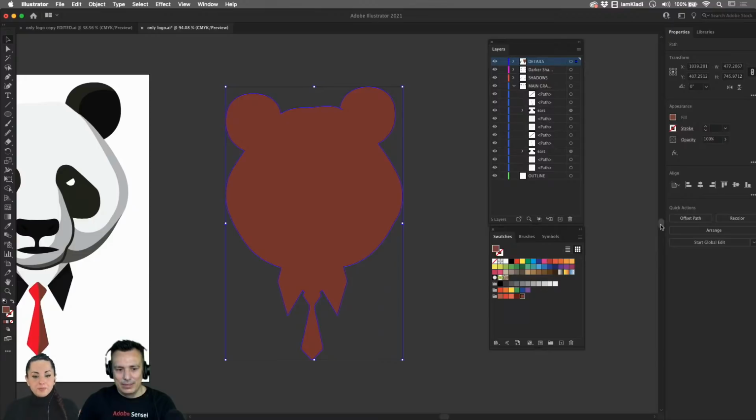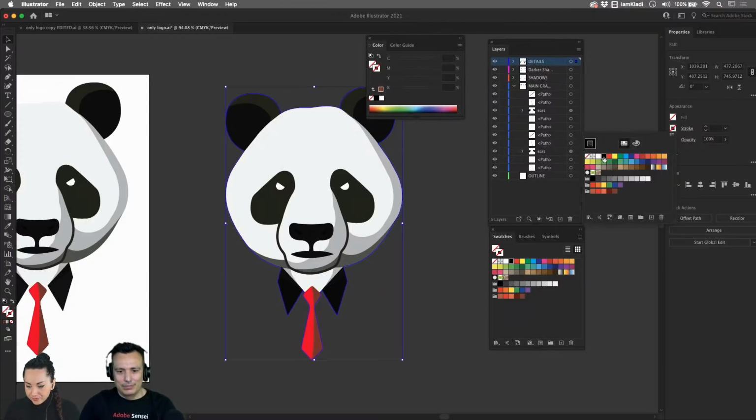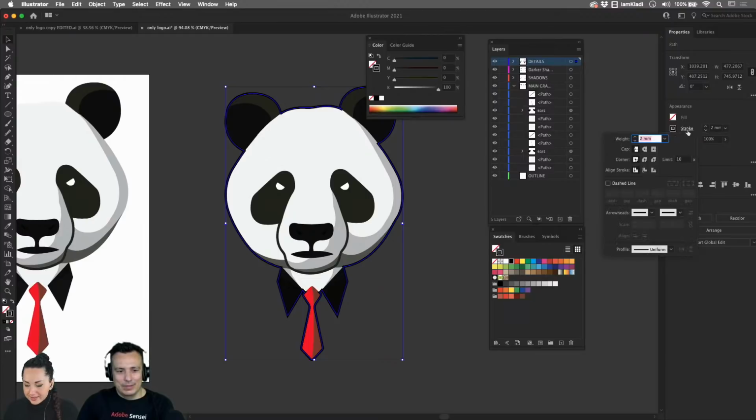So don't worry, the shape is still there. We just create a duplicate, which is unified. And the reason why I'm doing that is because I don't necessarily need a fill, but what I want here is to create a stroke. So I'm going to first apply a black stroke simply by heading to the properties panel and clicking on stroke and then setting the color to black. And maybe we can give it a 2 millimeter weight, and we can also put it outside. So we're going to align it to the outside of the border,